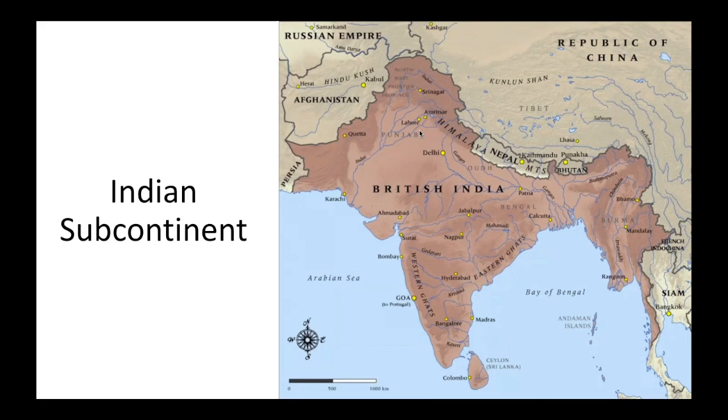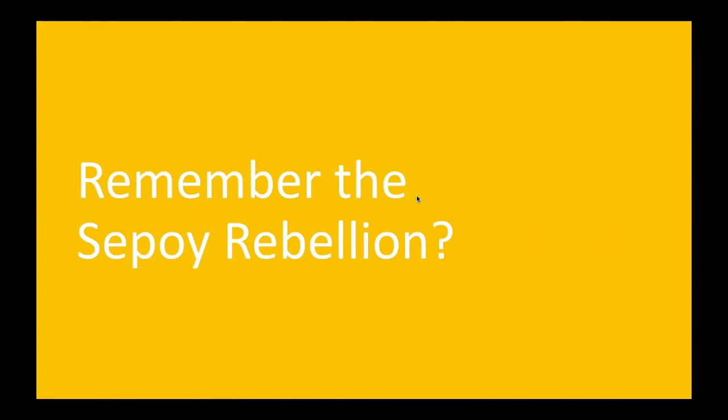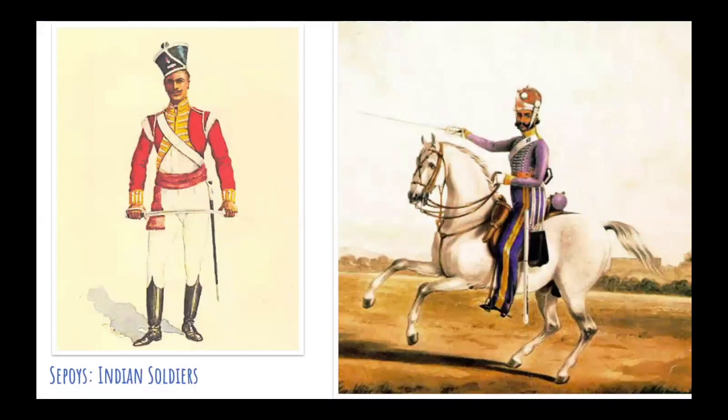We're going to look at the reasons why India was split into two countries and what it looks like today. So if you remember back to the Sepoy Rebellion, we had the Sepoys that were natives to India. They were Indian soldiers that were employed by the British military. Britain already had control over India at this time, and Britain needed some extra help controlling India, so they hired the Sepoys. Things went great for them for a little while, and then we started seeing a big hostility rise